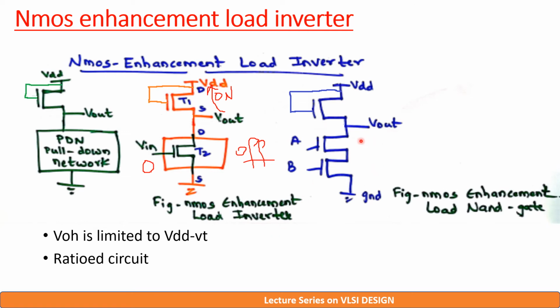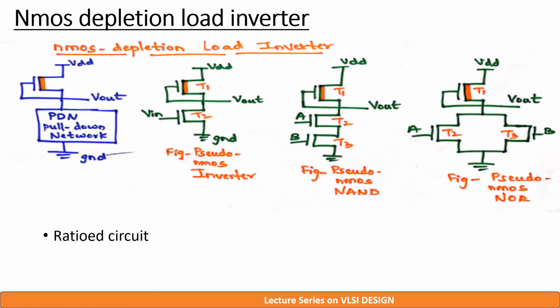Similarly, for NAND gate, the pull-up device will remain fixed, that is NMOS enhancement device whose gate and drain terminals are shorted. And for NAND gate, pull down is two NMOS devices connected in series with gate inputs A and B respectively. So when both pull up and pull down sections are on, the output depends on ratio of the devices, hence these circuits are termed as ratioed circuit.